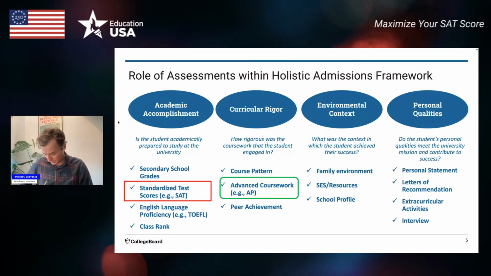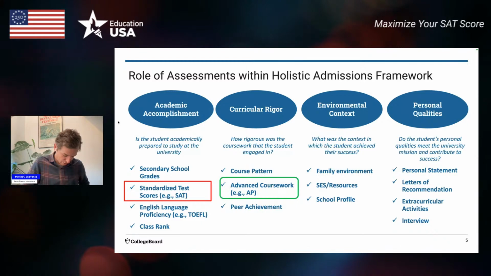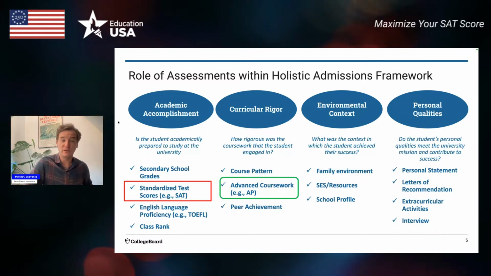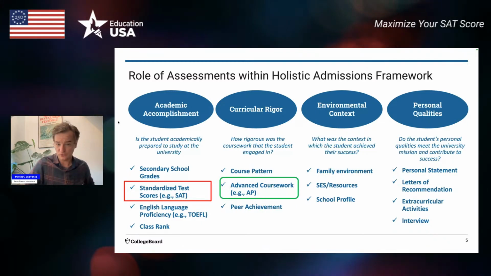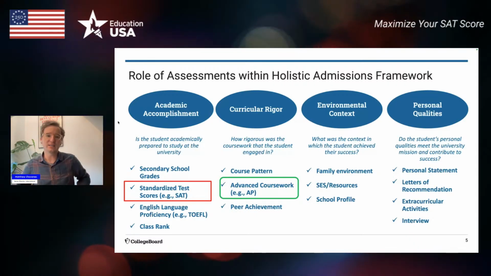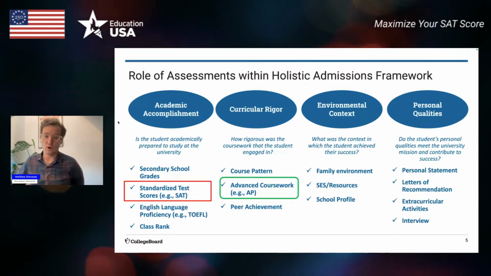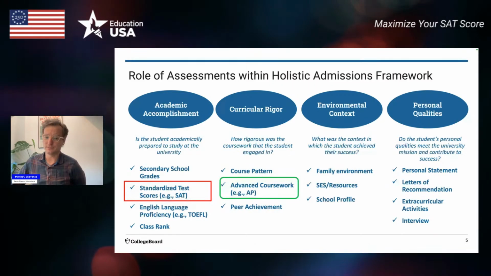I think one of the best ways to get scholarships to study in the United States as an international student would be from having a very strong SAT score. So that's why this is all very, very important. It is one piece of information that you give to the university, but it is something that's a lot more clear and direct than many other parts of your admission.